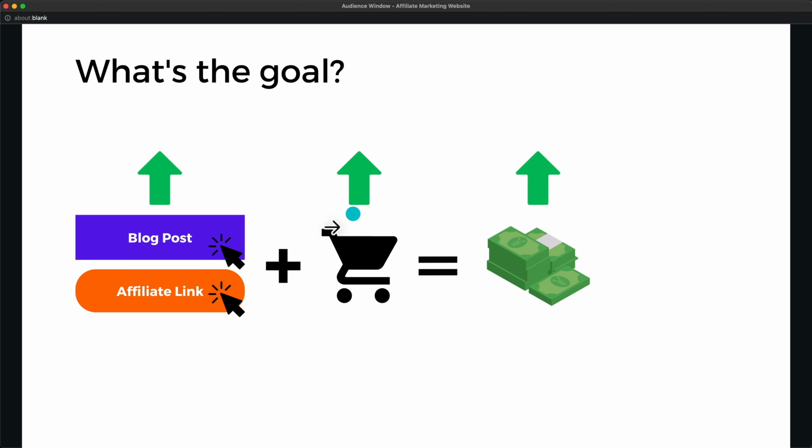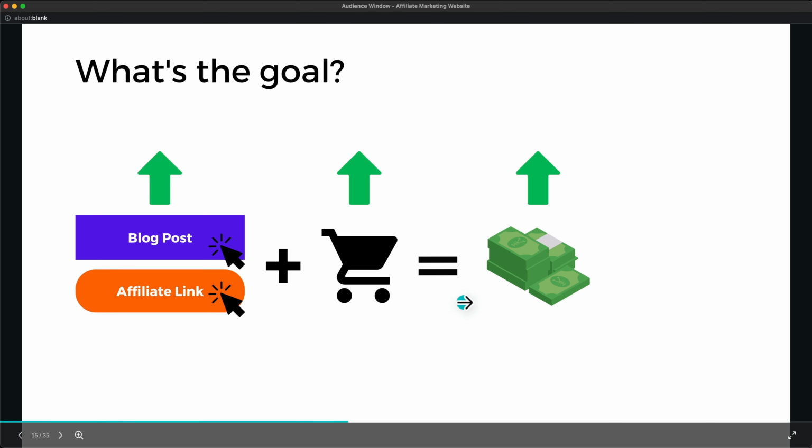And at this stage, you want to make sure we increase the potential of money we can make per single click or per lead we send to that product. And then also we want to make sure that people actually convert to a customer. It doesn't make sense to have 1,000 clicks, but none of them actually buy something. That will just make us zero money. So keep that in mind at all times.